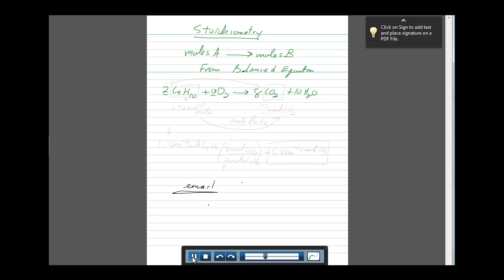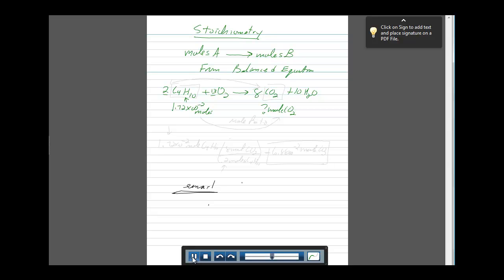In this particular problem, we're going to convert from a starting amount of 1.72 times 10 to the negative second moles of C4H10. And my question is going to then be, how many moles of CO2 am I going